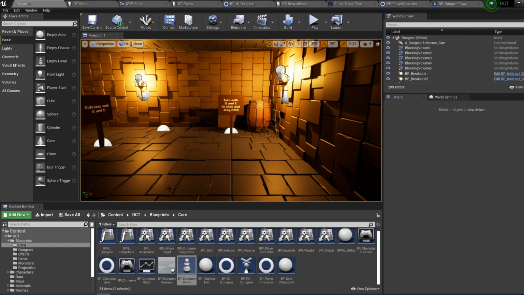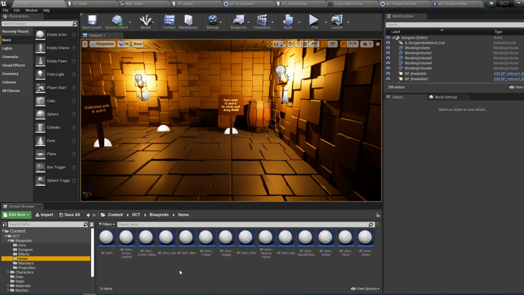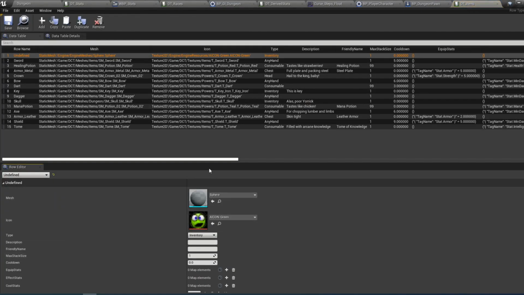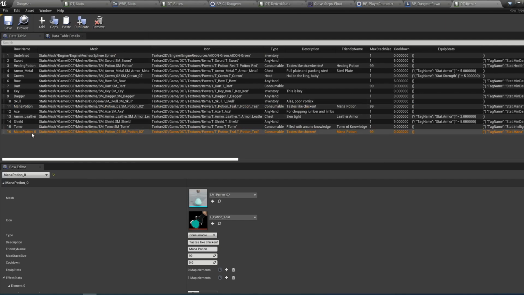So let's add a new item for that, a consumable item that we can eat to increase food. If you have not seen it already, check out my tutorial video on adding items, because we're going to do that quickly now. So let's go to our data table for items, and I'm not going to bother adding a new mesh or a new icon for this. So let's just base this on the mana potion. We can duplicate it, and let's call this protein shake. And this is consumable. We can keep the flavor text, and let's call it